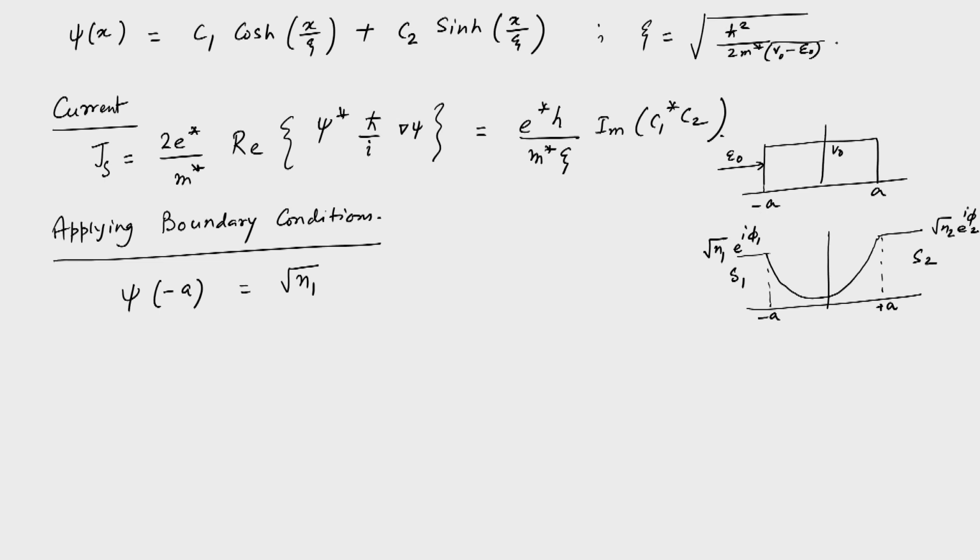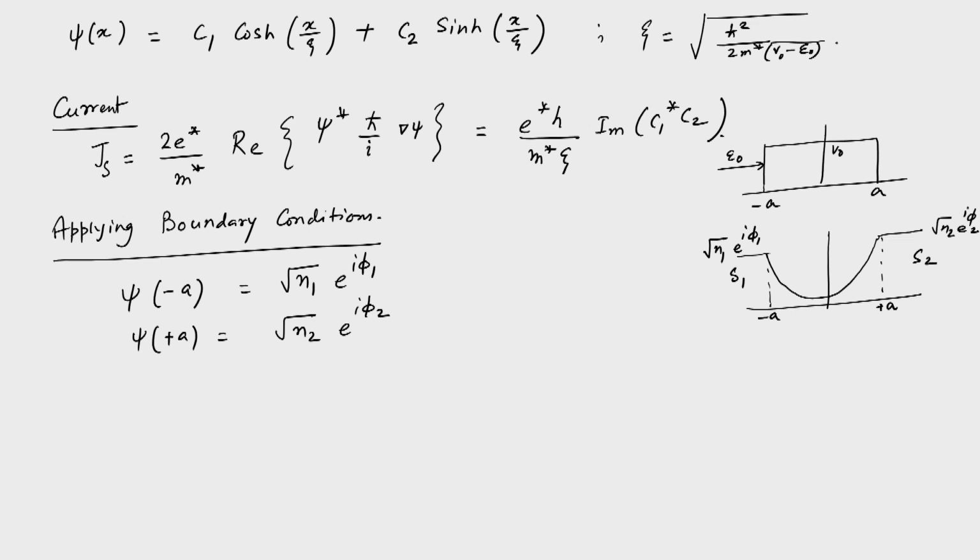So psi at minus a is root n 1 exponential i phi 1, and psi at plus a is equal to root n 2 exponential i phi 2. In a general sense, we are talking about two different superfluid densities, where n 1 and n 2 are actually mod psi 0 squared, the amplitude squared. If you apply these boundary conditions to these solutions written here, which are the solutions of the Schrodinger equation...